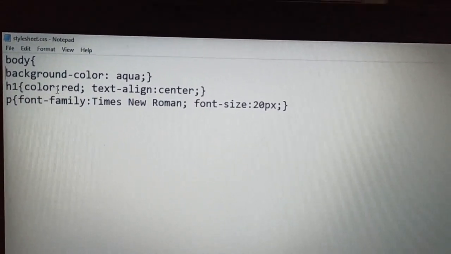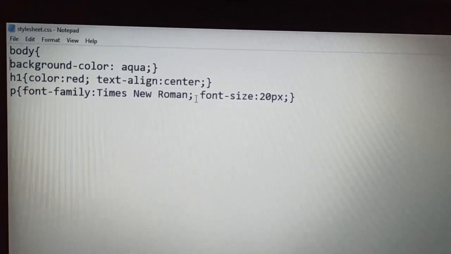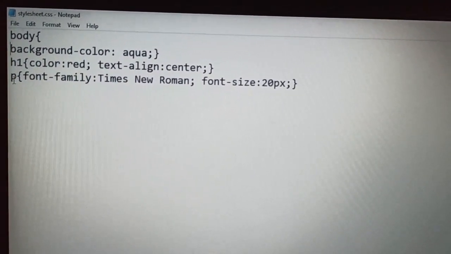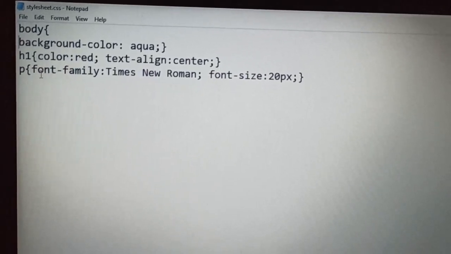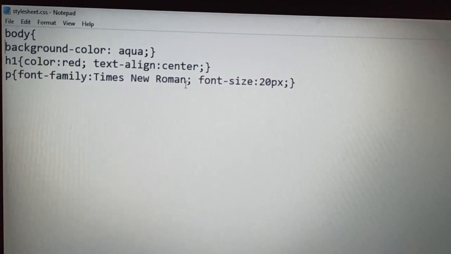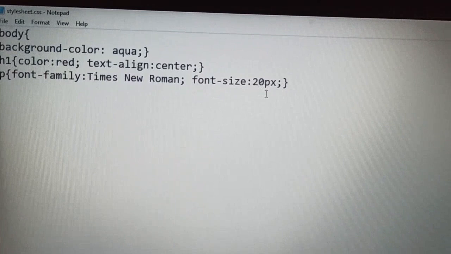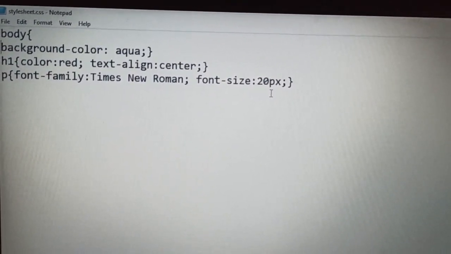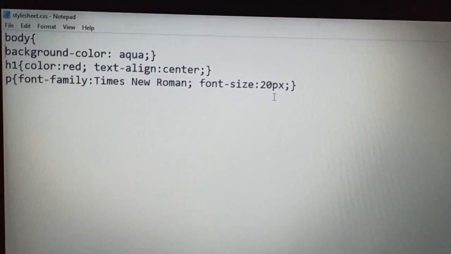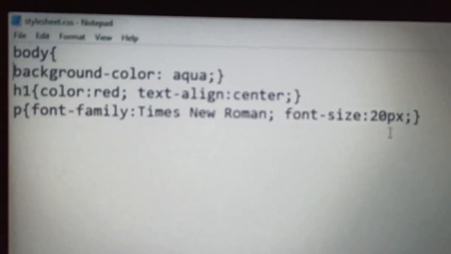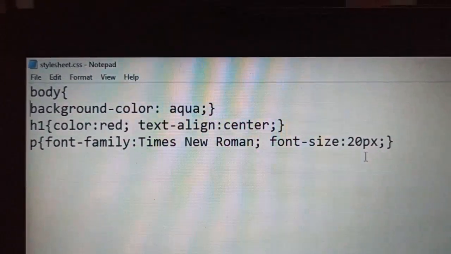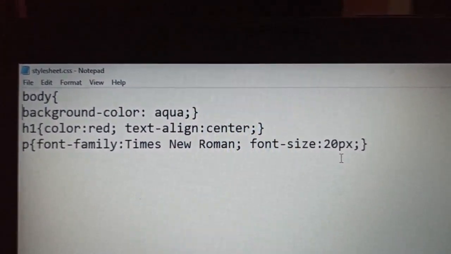Then I have applied the property color red and text-align center. Then I've applied the next property on the p HTML element. P stands for paragraph. Here I have given the font family would be Times New Roman, and font size I have taken 20 pixel. So this means I have created my first program with a .css file, and the name of my file is stylesheet.css, as you can see.